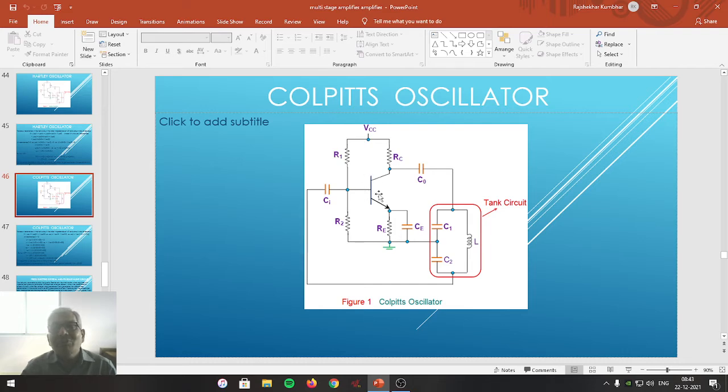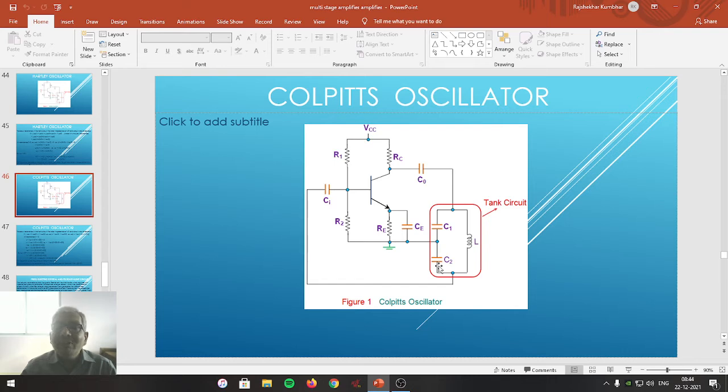Self-biasing through RE and capacitor CO couples this current to pass through the tank circuit. When this current passes through the tank circuit, the capacitors C1 and C2 will start charging by storing static charges across C1 and C2 in such a way that there are positive charges on the upper plate of capacitor C1 and negative charges on the lower plate of capacitor C2.